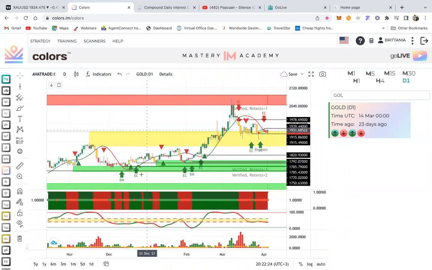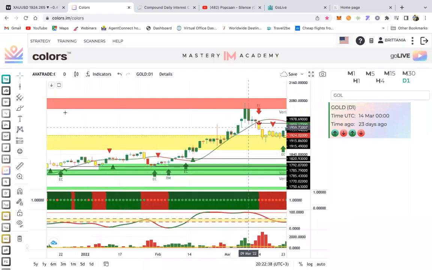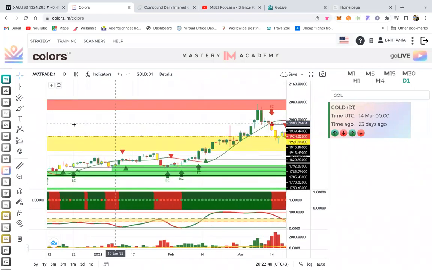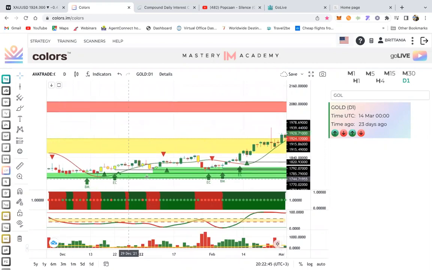Now the only thing you're looking for is to make sure that your colors line up. So you have your green box. Let me zoom this out a little bit more so you guys can see what you're looking for. Right? So like I said, I keep it very, very simple, guys. I don't like to overcomplicate things. Right? So right here you have your green box. Let me use this green triangle right here. You have your green triangle, you have your green dot, green EMA, green volume bar, right?